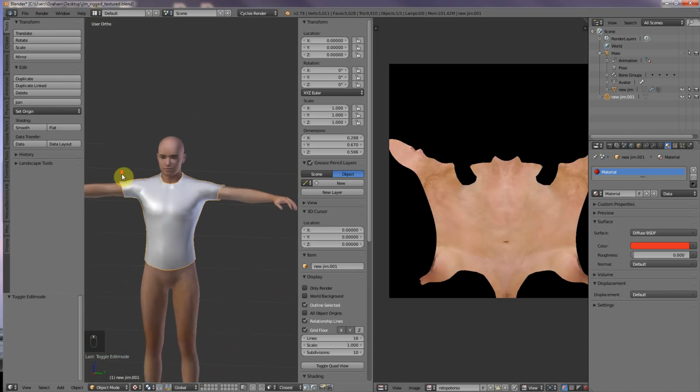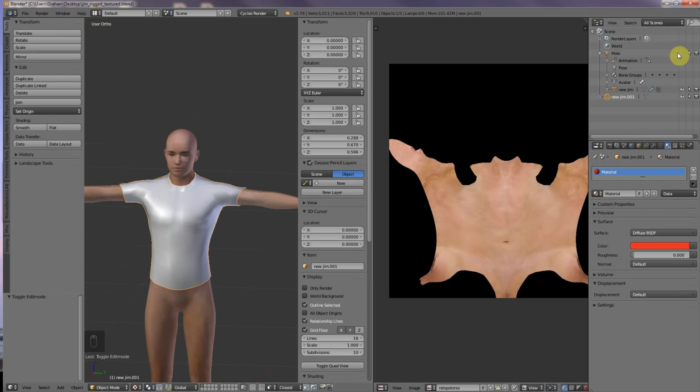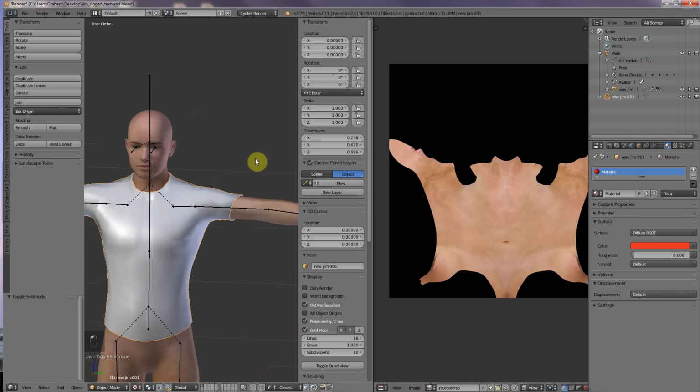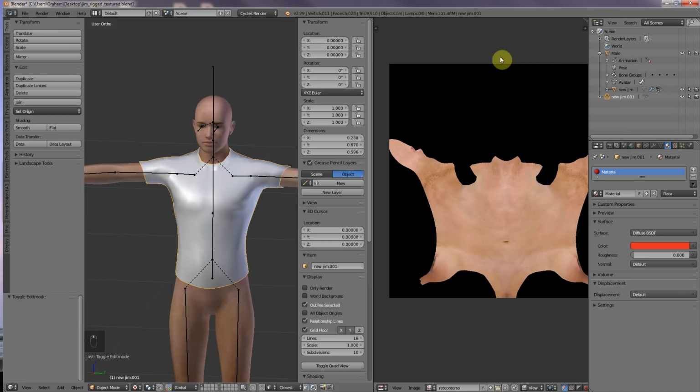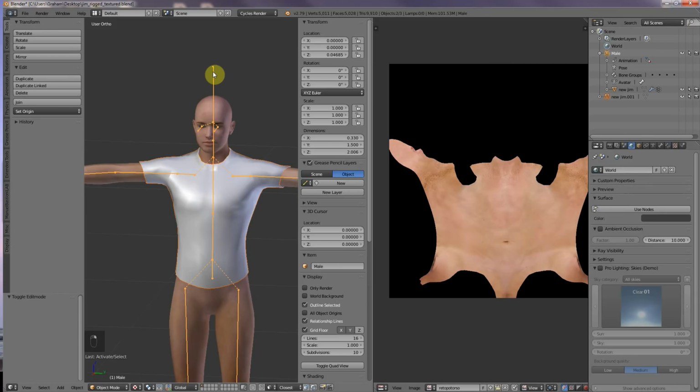Okay, so the basic way to do this, let's show the bones again. So we've got the t-shirt selected, shift select the armature, Control P, automatic weights. Okay, this is very basic. It's not the best way because as the garments get more complex we need to copy the weights from the skin, but we'll get to all of that later on. But just for the purposes of now,